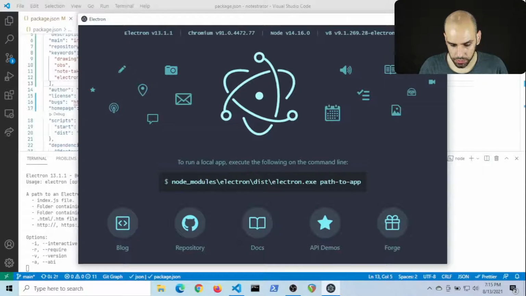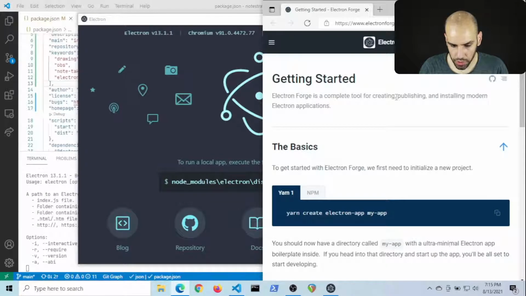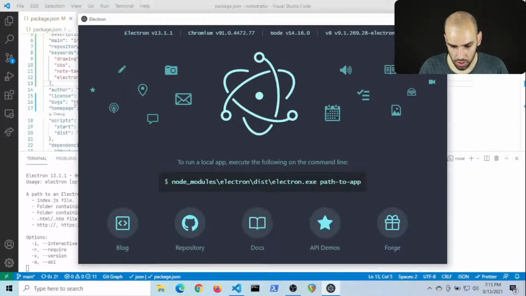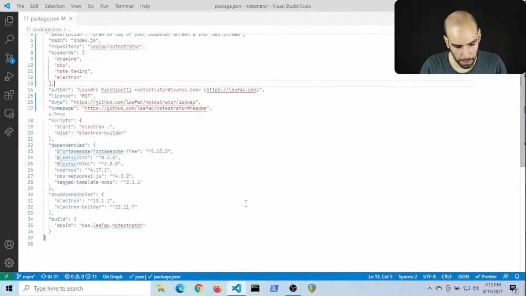And that's cool. And here is Forge. They really try to push you to use Forge. I wonder why the community decided that they would go with something else instead. Okay, so we do need a dot here, and Electron Builder will do its thing.